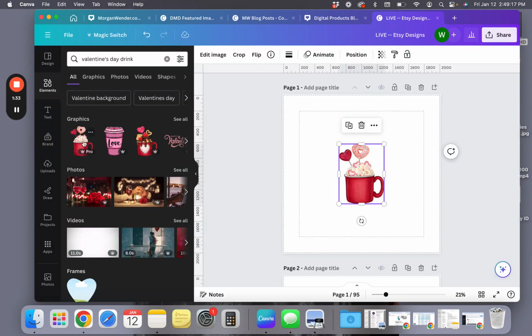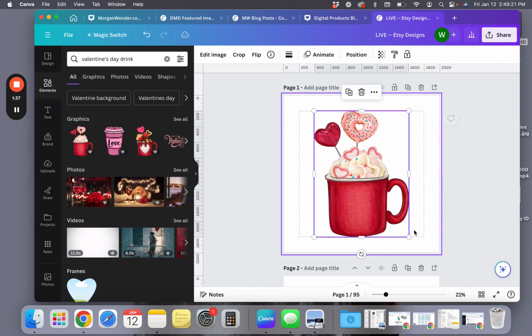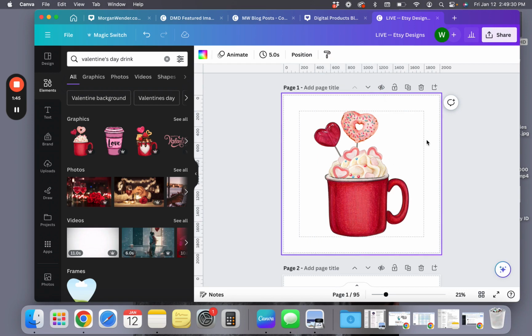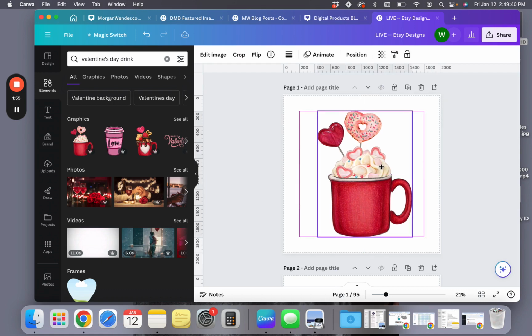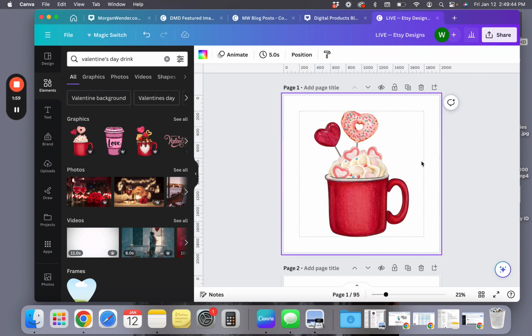So say I have an Etsy shop where I sell t-shirts. And I love this image. I'm getting all my Valentine's Day stuff ready. And I download this, put it on a t-shirt, and start selling it on Etsy. I am going against the commercial licensing rules of Canva Pro. I cannot do that. I cannot sell this image on anything as a standalone. But what I can do